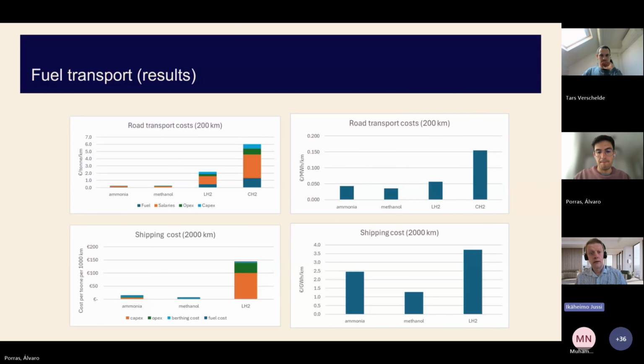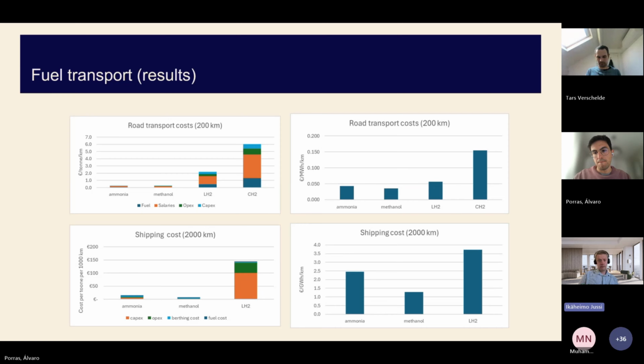So on the top, you can see the road transport results, and on the bottom, shipping results. And then on the left hand side, you can see broken down cost results, and these are per mass. And then on the right side, you can see the total cost per energy.